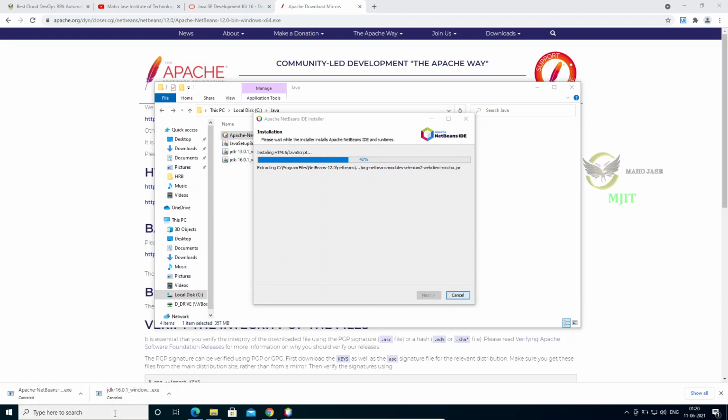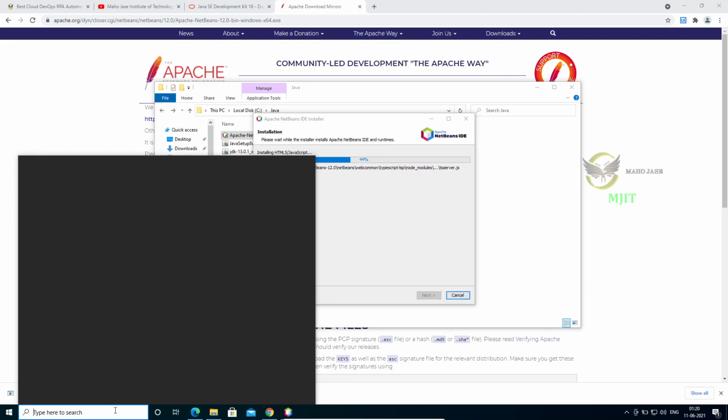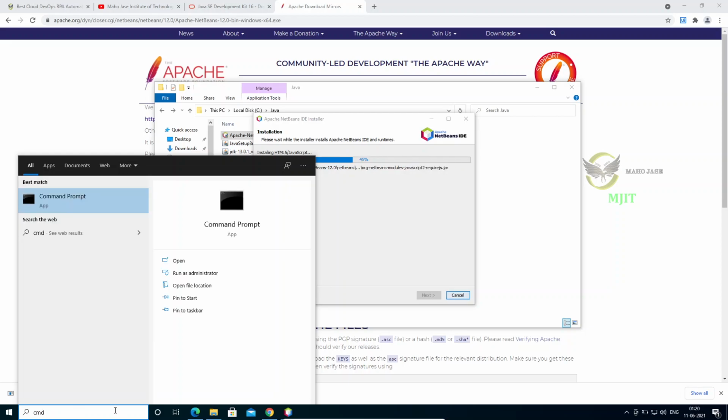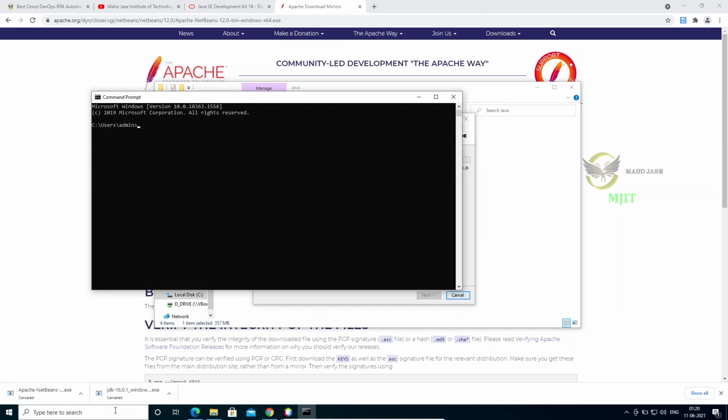So let's test it once again. Though we have installed the Java JDK, let's see. Again I am opening a command prompt. Okay, it pops up. Let me try java space hyphen version, to see whether it is available. It has picked up.